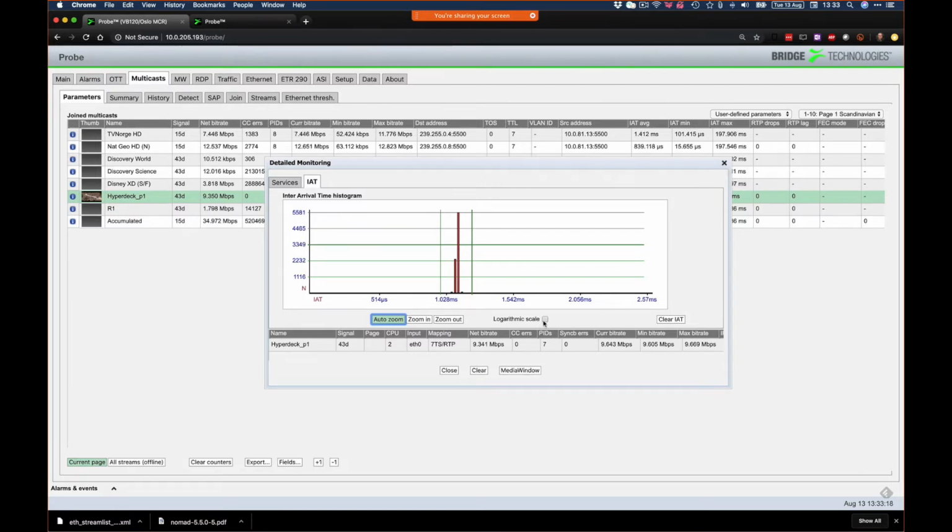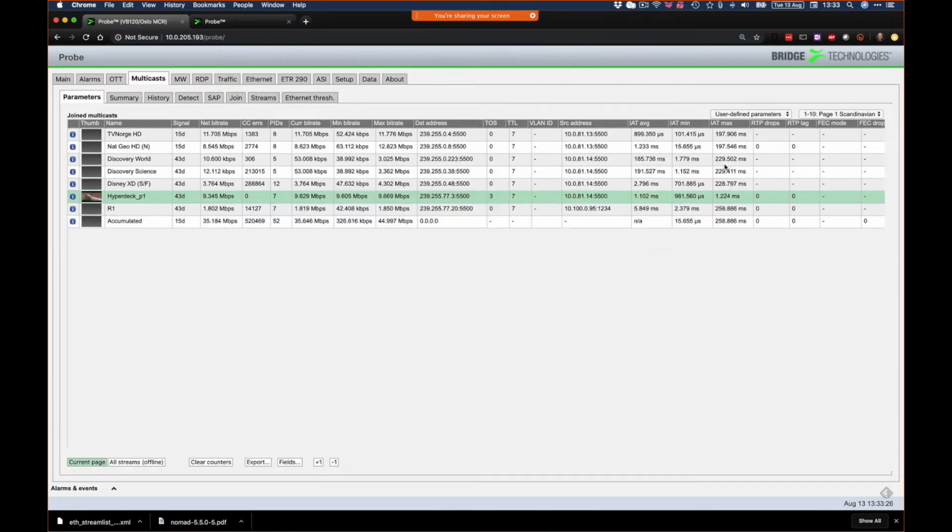You can add a logarithmic scale. You can look at this logarithmically. If your numbers are really big and you need to make it logarithmic, then you can do that as well. So the inter-arrival time is quite a useful graph for troubleshooting jitter on the network. Remember, this is inter-arrival time